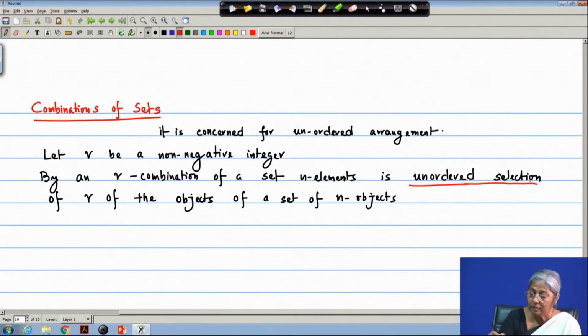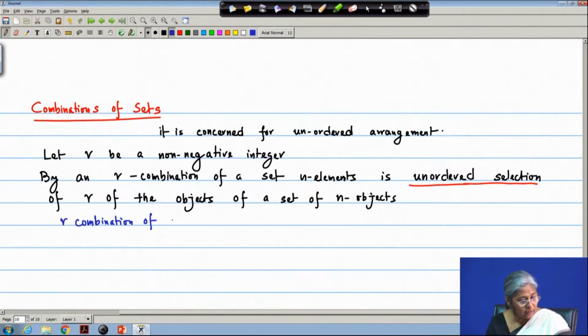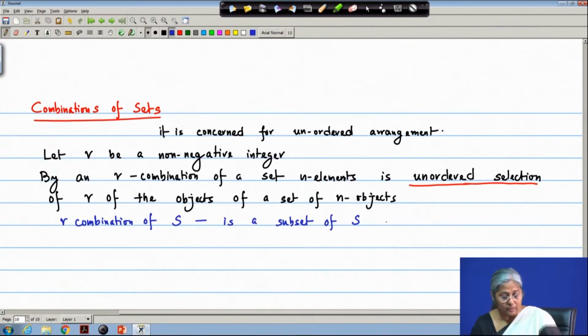Okay. So, I can write from the concept of set, the definition of set, that since it is unordered, the R combination of S having n elements is a subset of S where